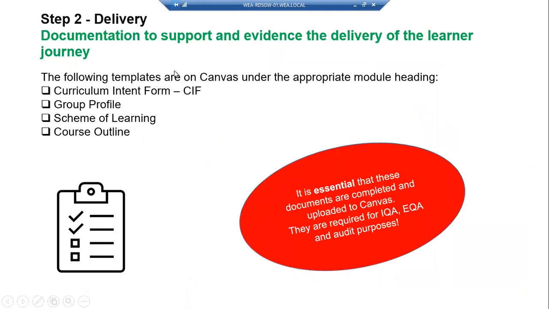So the documentation that we need to be seeing on Canvas to support and evidence the delivery of the learner journey. These are all the templates that come up in your blueprints that need to be completed. So we've got the CIF, the group profile, which obviously once you've done those diagnostics, forgive me, I'm probably going to refer to it as diagnostics, even though it's skills assessment, but you know what I mean. So once you've done that, you can start to populate your group profile, scheme of learning, and your course outline. And we've put this in red because